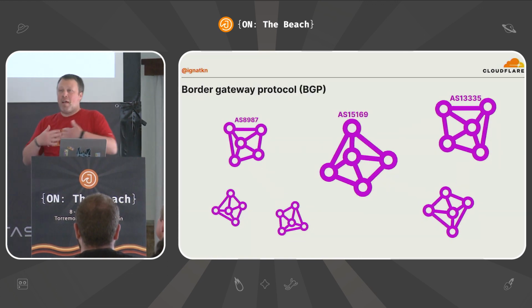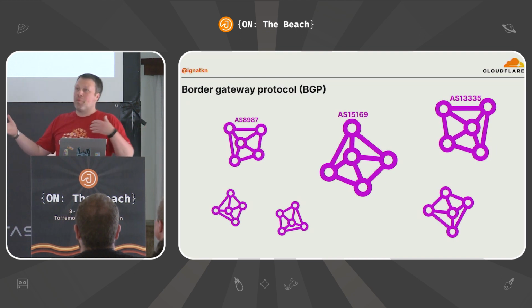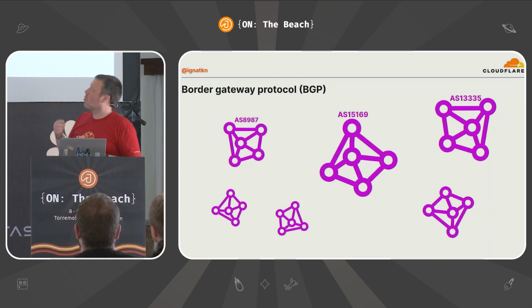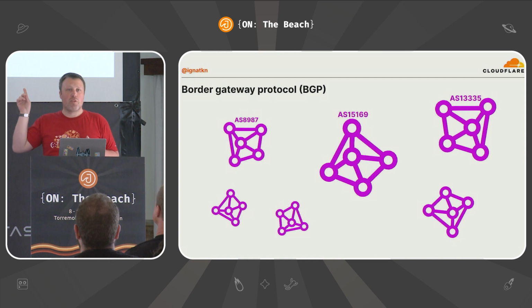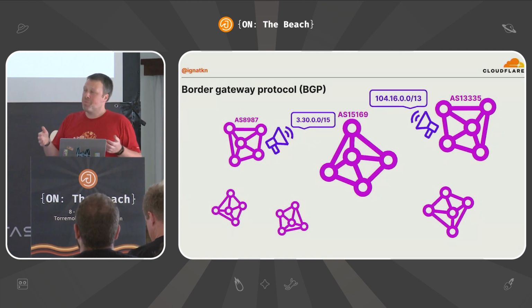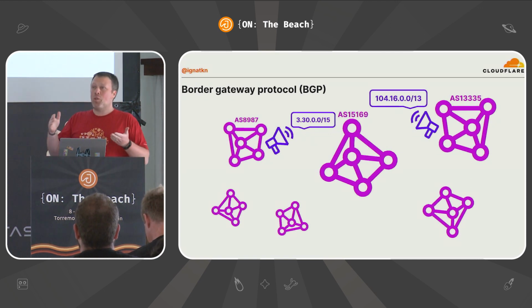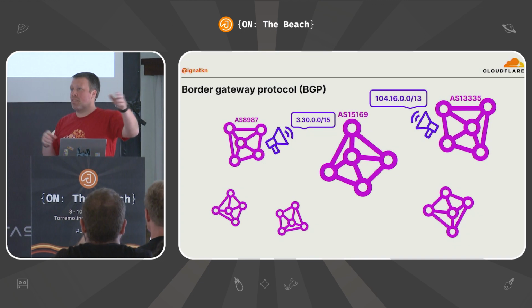So if I'm a user and I type 1.1.1.1, how does the internet know to which network to send my traffic? These networks communicate between each other to announce the IP addresses they own, through an old protocol designed in the 70s called Border Gateway Protocol. Anyone heard about BGP? Network guys? Yeah. So these networks continuously announce all the IP addresses they own to the internet. And the other networks listen to those announcements, and it's like, okay, 1.1.1.1 belongs to Cloudflare, so when there is a packet destined to that IP address, I will send it to the Cloudflare network.